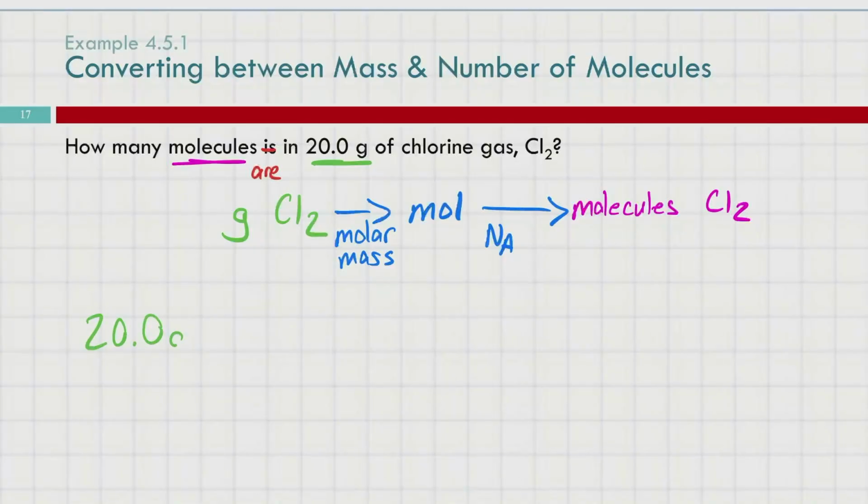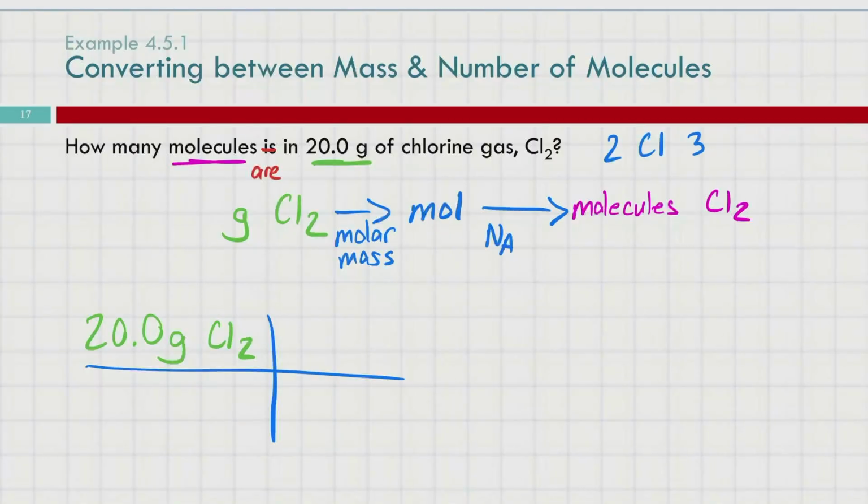So 20.0 grams Cl2. We're going to use our molar mass for Cl2. For Cl2, the mass is 35.45 grams per mole for each of them. So it's going to be 70.90 grams per mole. For this first step, the 70.90 is going to be used. Are we multiplying or dividing by 70.90? Does the grams go on the top or the bottom? The bottom. So we're going to divide